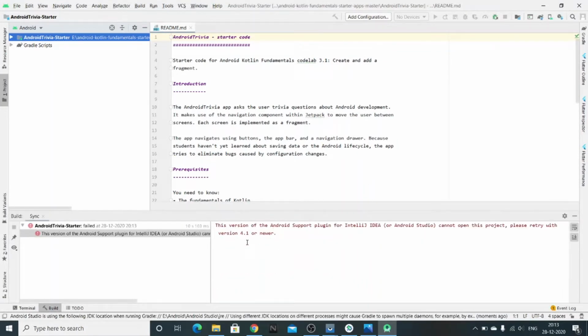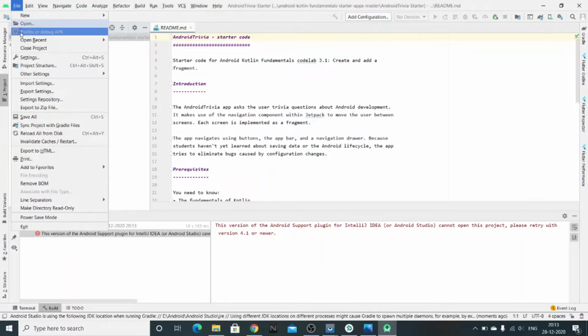For some of us, this error will be occurring. This is due to mismatched versions in Gradle. For those for whom this error is not occurring, you can skip a few seconds. But for those whose error is occurring, just go to File and then Project Structure.